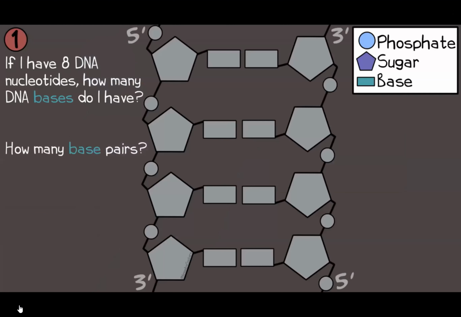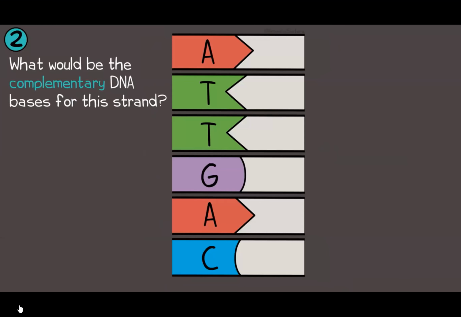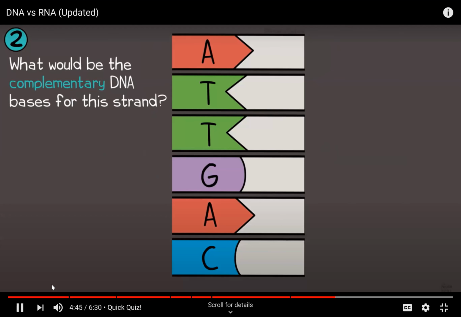The answer: each nucleotide, regardless of whether it's a DNA or RNA nucleotide, has a phosphate, sugar, and a base. So 8 DNA nucleotides would have 8 bases. DNA bases pair like this, and that's 4 DNA base pairs. Question 2. If one strand of DNA has these bases shown here, ATT, GAC,